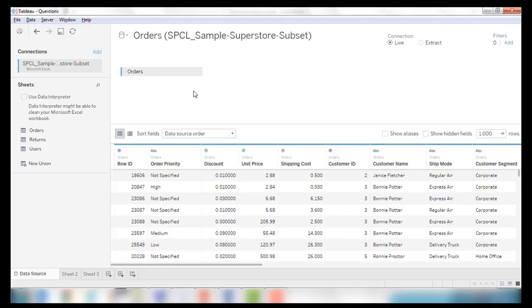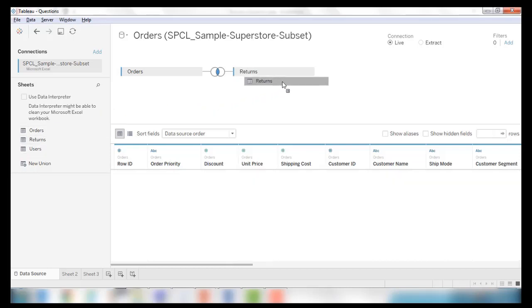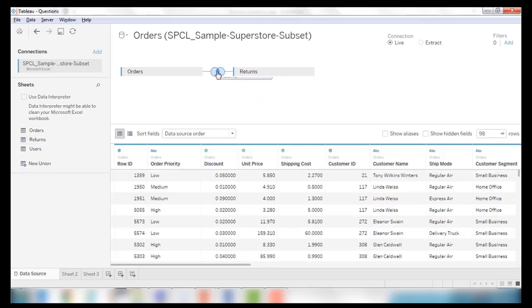The data source is already loaded. Since this question involves the sales return, we have to make the join with the sales return. If we see this, we have done it as an inner join, so it means only the sales which have returns will be reflected in this.